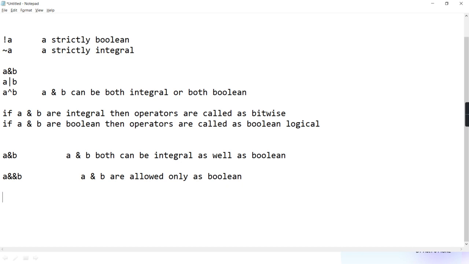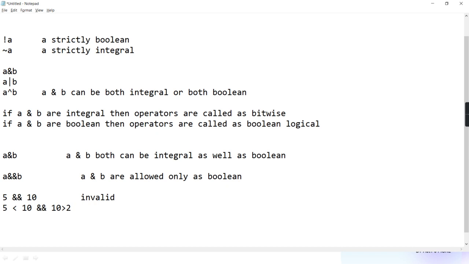But tell me, if I try to do it on this short circuit operator, two and, this is called logical ANDing. Here if I write 5 double and 10, valid or invalid? Invalid. But if I write 5 less than 10 and 10 greater than 2, is it valid? Yes.